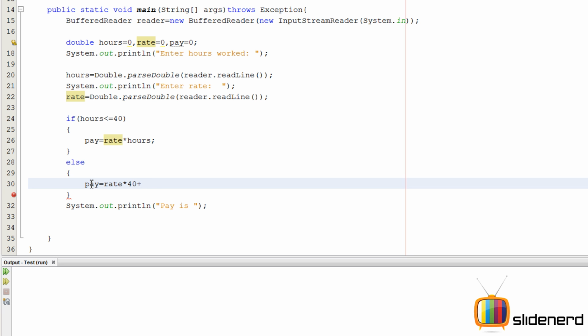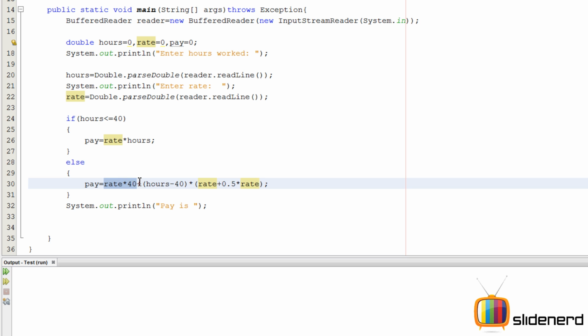So extra hours, how will you find the extra hours? It's nothing but the total hours you worked minus 40, right? This into the bonus, 50% of your salary. How will you calculate 50% of your salary? It'll be something like this, right? You have your pay, which is, your rate, suppose which is $10 per hour. You want to add 50% more to this. So you're going to say something like this, 0.5 into rate. You guys getting what I'm saying?